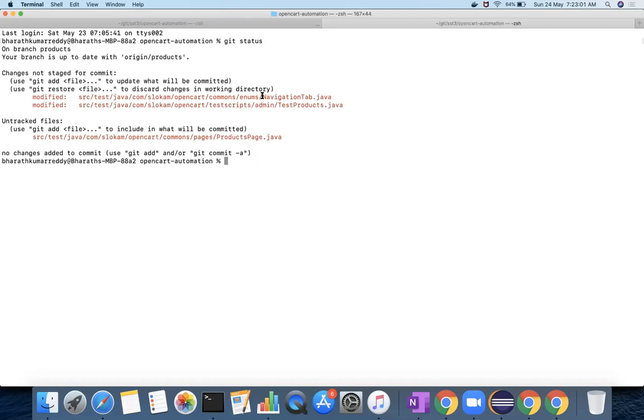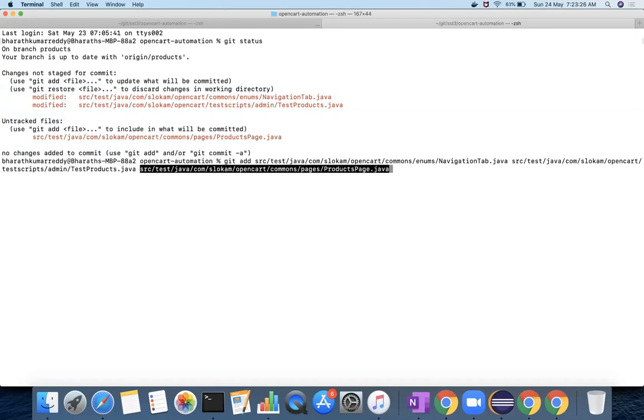Okay, so these are all the three files that we have modified. This is the new file and two files modified. Okay, so git add. How do you add each individual file? If you don't want to use dot, copy paste, space is important, and copy paste, space, and then the third one. So if you do this, these three files will be added.